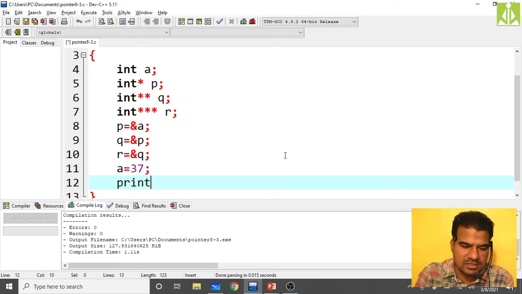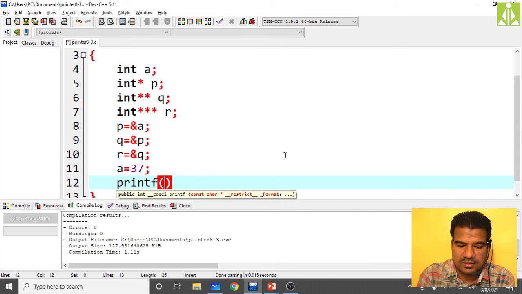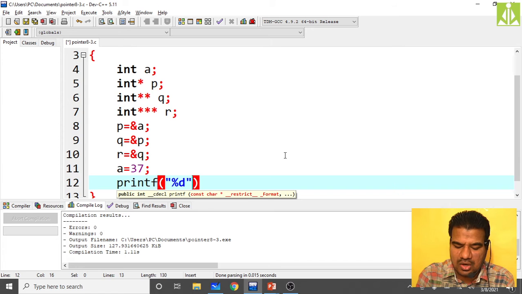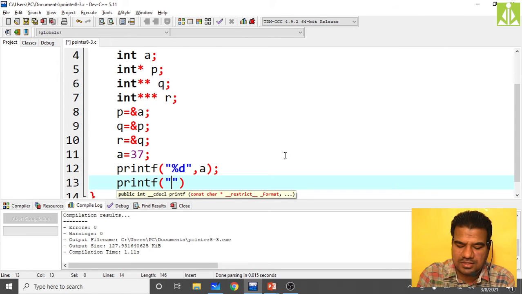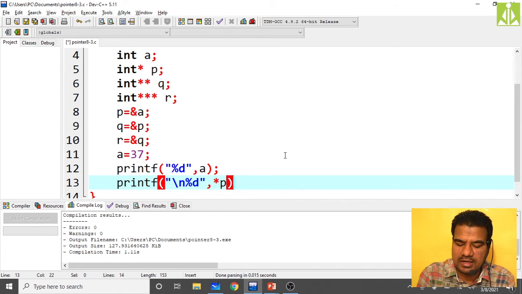First I will access using a only. printf("%d", a). Like this we can access using p: printf("\n%d", *p), applying first level indirection.